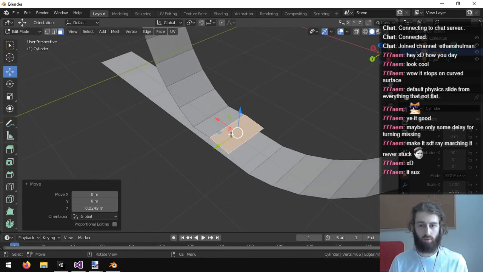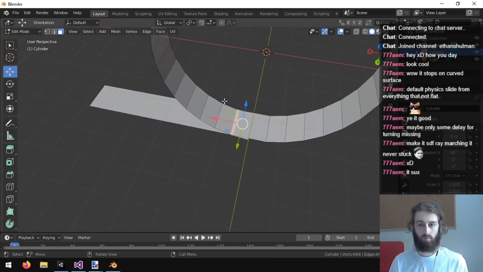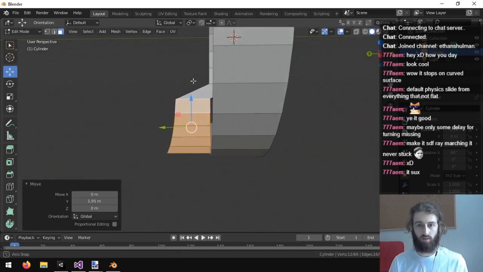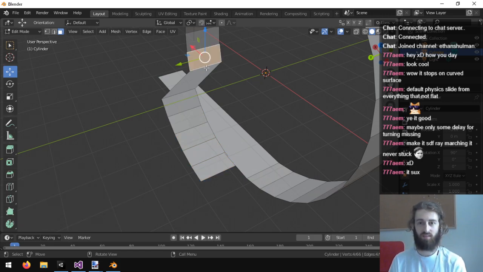And then what to do with these? Maybe we could shift these over to the side. I wonder if this will work. I bet it will if I line this up correctly.